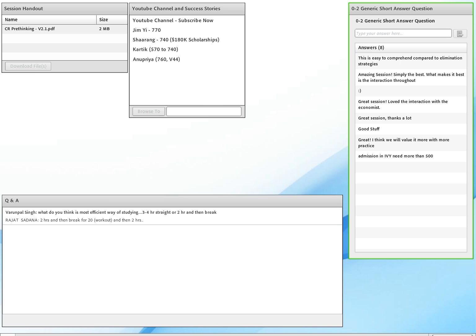There's another question that came in. If you have a 710, does it make sense to retake? Very simple answer over here is if you have a 710, if you're aiming for a US business school, then definitely retake. Why? Because for international students who get a 740, not only do you have a 3 to 4x